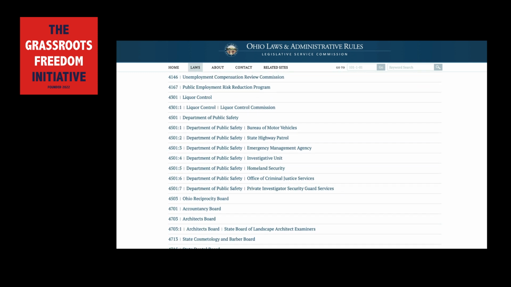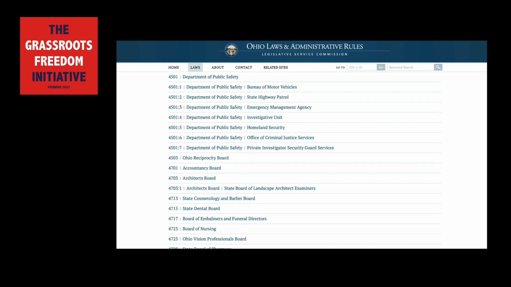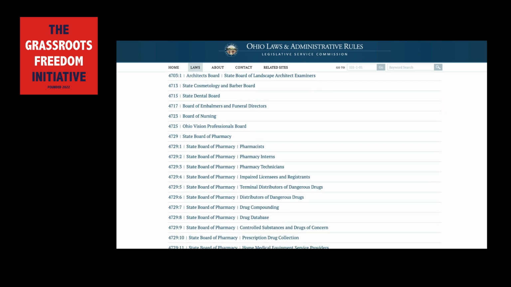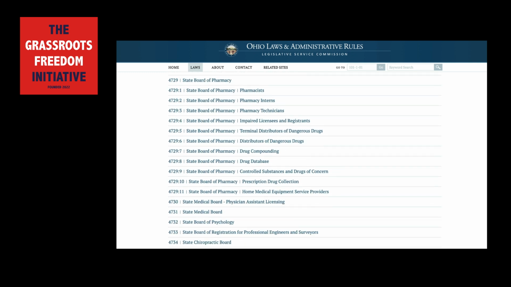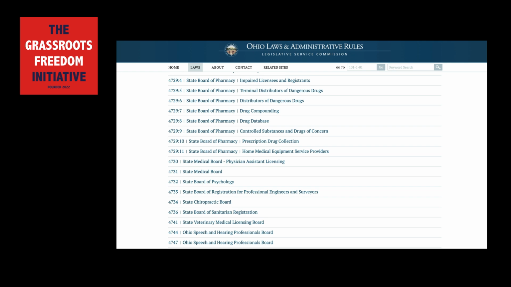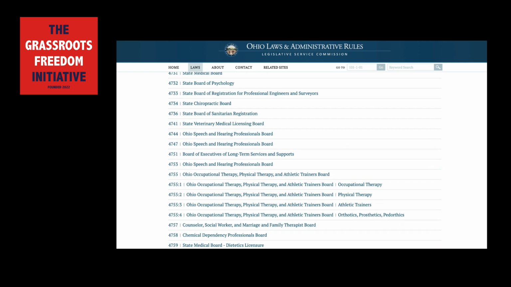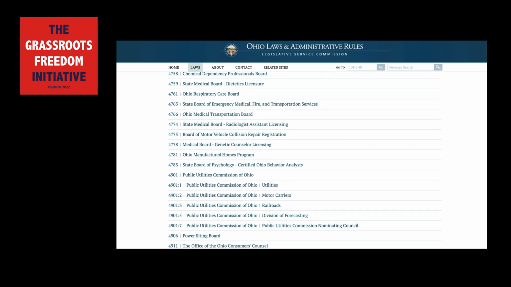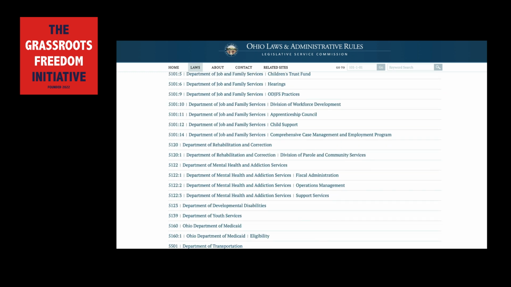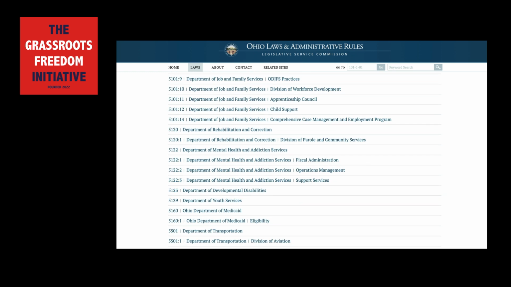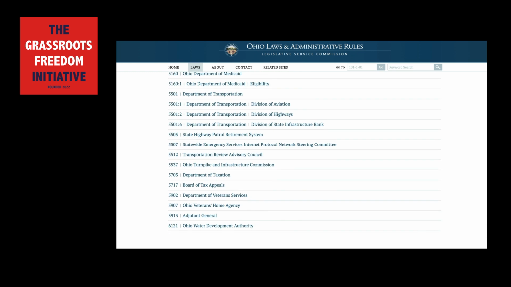For instance, the ORC might include a law requiring safe drinking water standards. The OAC, administered by the Ohio Environmental Protection Agency, defines specific water quality testing methods, frequency of testing, and reporting procedures. State agencies, such as the Ohio Department of Health or the Ohio Department of Education, draft rules based on authority granted to them by the ORC.